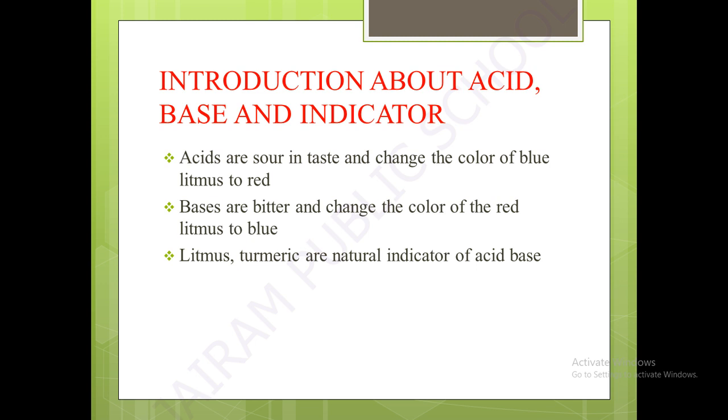And what is meant by indicator? So indicators are of two types. One is synthetic indicators and the other is natural indicators. Natural indicators, from the name itself you know, are prepared and occur naturally, and synthetic indicators are prepared from chemicals in the laboratory. There are some examples for natural indicators and some examples for synthetic indicators, and a new term in these indicators called olfactory indicators, that also we are going to study in this chapter.